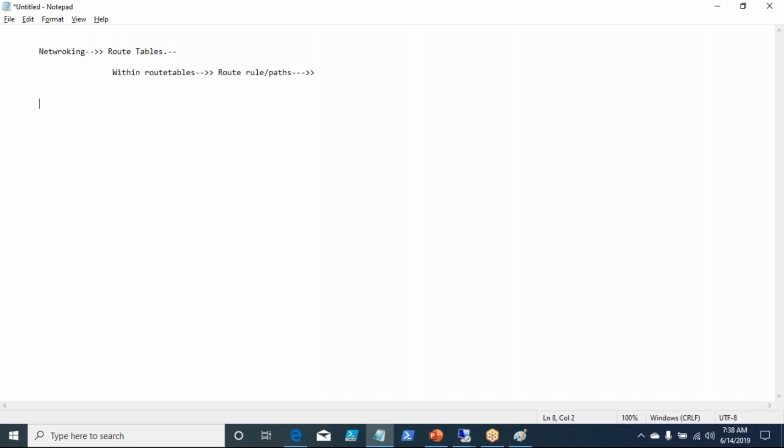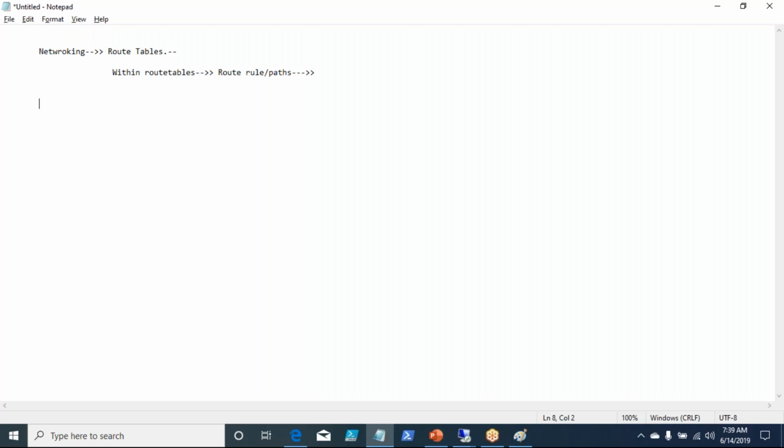One could be the shortest path, or you want to have some monitoring mechanism because of which you want to route traffic through a specific device in a specific subnet, right? Or there could be a situation where you don't want your traffic to be sent across multiple subnets, right? That is the reason you go and specify something called routes, right?